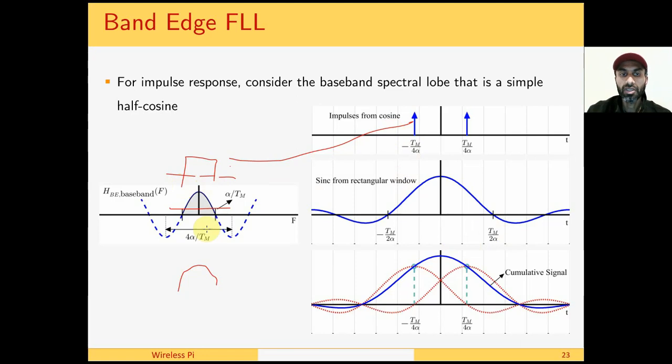Next, this multiplication in time domain is convolution in frequency domain, and we get this red shape here and red shape at the position of this impulse here. When we add these two, we get the cumulative signal. This we translate to here, and we get the